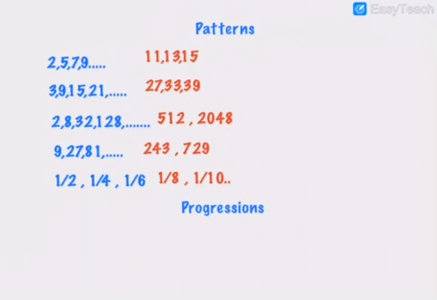Now from these patterns, you have observed three types. In the first two types, if you observe carefully, we get every next number by adding a fixed number to the previous one. In the next two patterns, we got the new term, that missing term, by multiplying with some other number. And in this pattern, you got the new number by adding some fixed number in the denominator. So these patterns, which come by addition, multiplication and division, we call progressions.